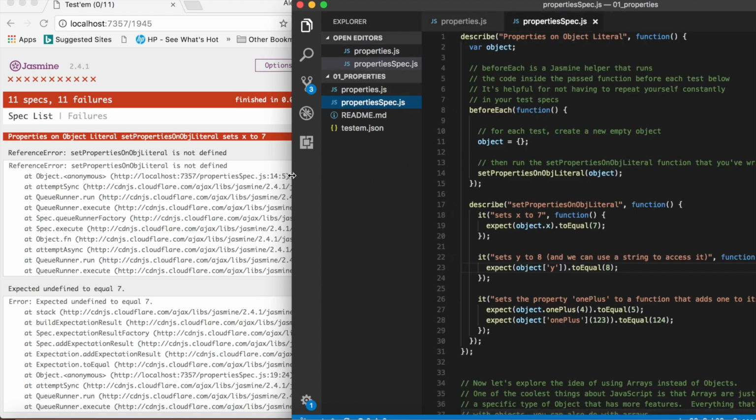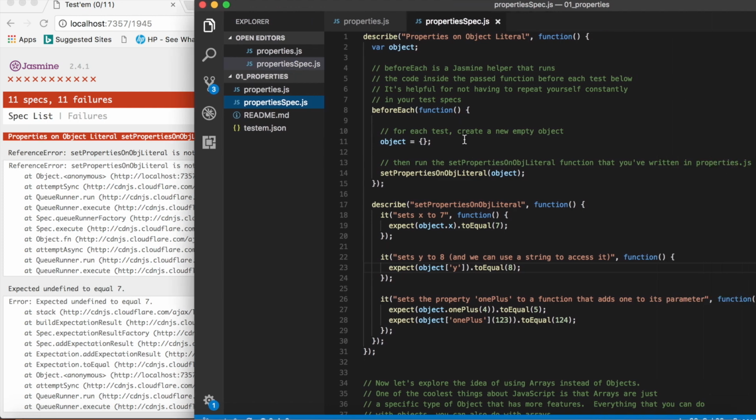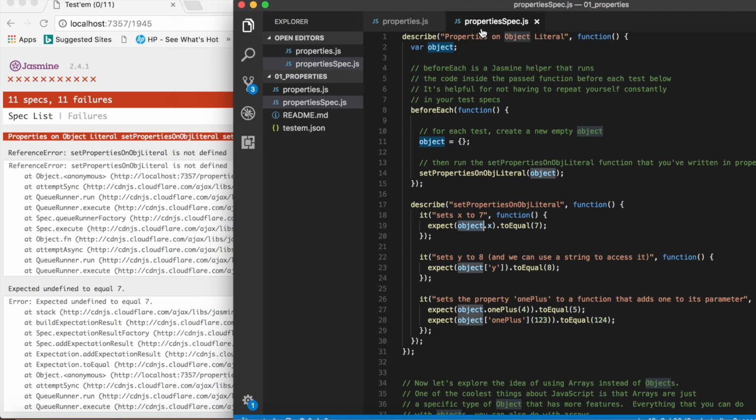So if we look at the spec script, it's basically telling before each, meaning before each time it runs one of these describe blocks, meaning the test, well, inside this describe properties of the object literal, it's going to run this function, which we have to create, set properties on object literal. It's going to pass this object, and then it's going to check if these things equal what they're supposed to. So let's actually